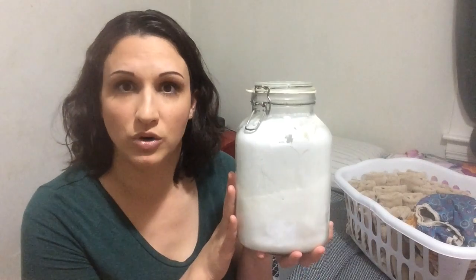Now, I make my own detergent to use for the diapers. You cannot just use a Tide or whatever you're using for your laundry, unless it's some kind of really free, I'm not really sure the details there, but I know that you can't use a commonly used commercial laundry detergent. And so I just make my own, and it is literally just 1 cup of borax, 1 cup of washing soda,